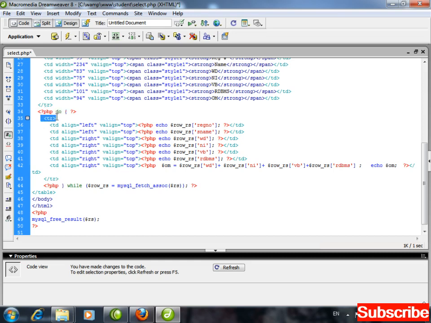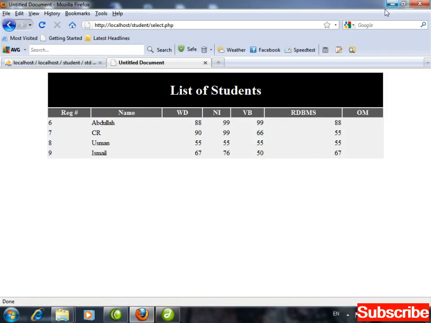and inside the loop are TR start and TR close. So this loop is going to repeat again and again. It's going to create the first row, second row, third row, fourth row, and it's going to make the calculation and display the record. Now watch, simply Control S, minimize, refresh. This is 374 of Abdullah. This is 310 for CR, next one and next one.